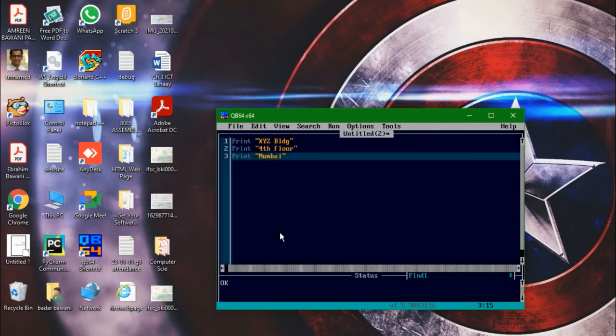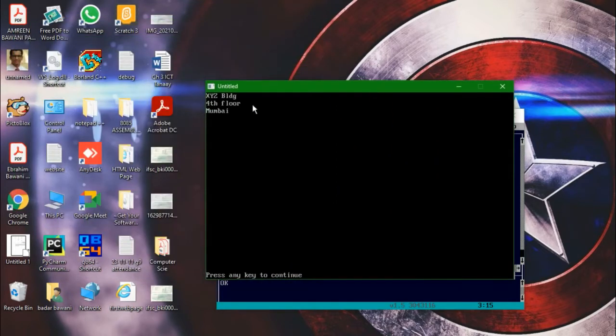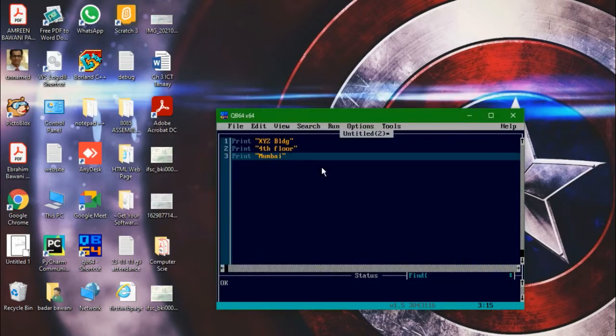As it is compiling, it shows that it is okay, it is not having any error. If you get any error, the error would pop up at the bottom. Now you can see the result. It is clearly showing XYZ building, fourth floor, Mumbai, each on the next line.